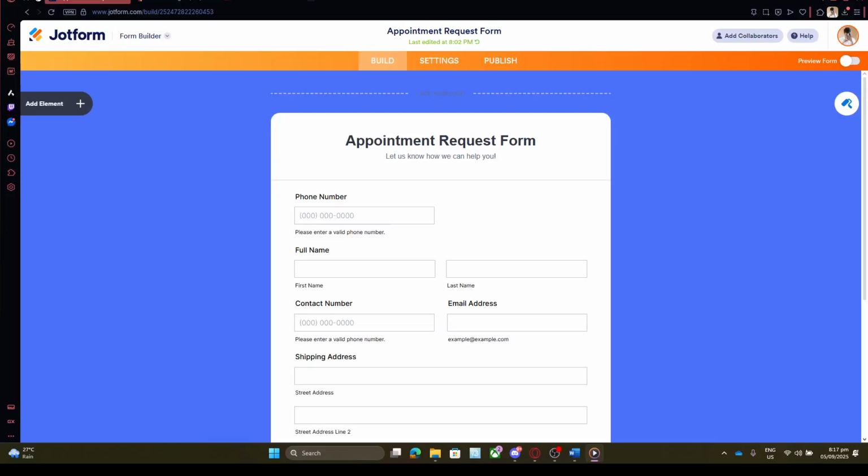In today's video, I'm going to teach you how to effectively use Jotform to manage and collaborate on an appointment request form. This process is straightforward and allows you to work seamlessly with your team or collaborators, ensuring everyone stays on the same page. Let's dive in and explore each step carefully so that you can make the most out